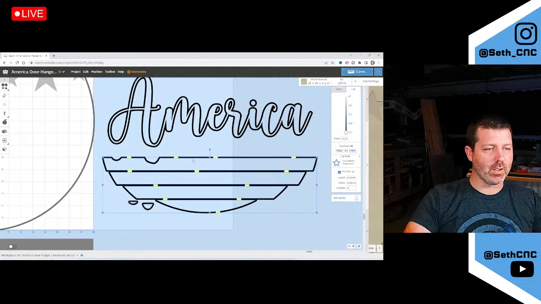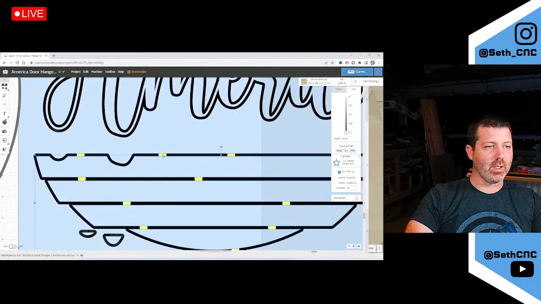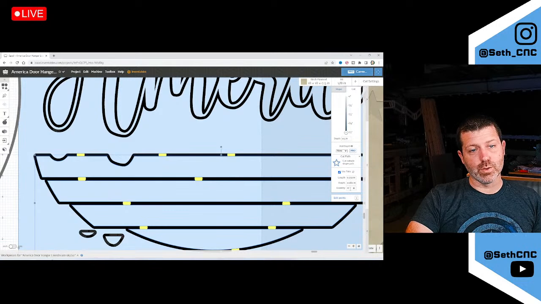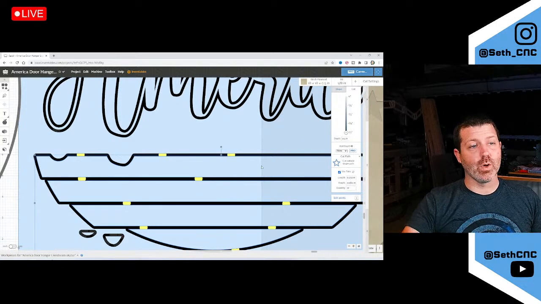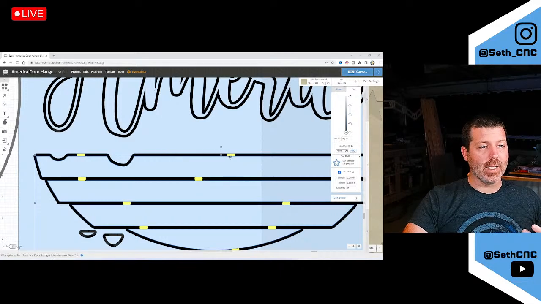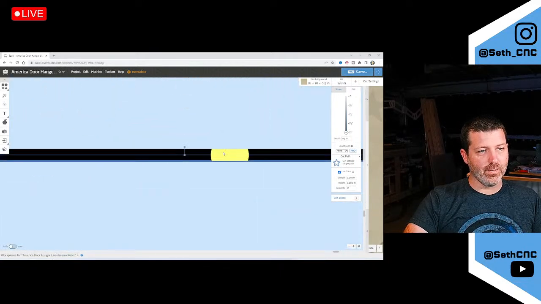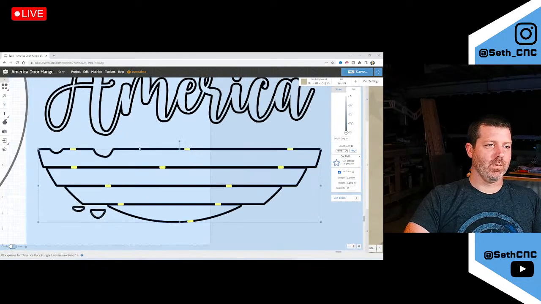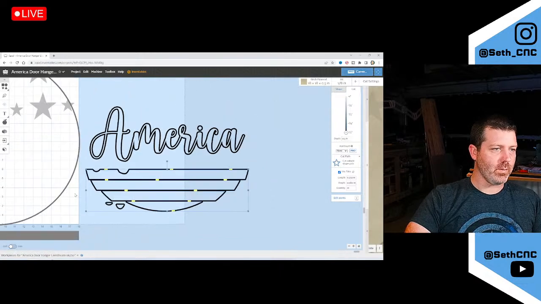And then if you've got areas like this where you've got extra tabs, you can actually get rid of them by either reducing the quantity, but then it kind of randomly picks which one it's going to get rid of. So if you want to choose which one to get rid of, you can just hide it on top of another one that you want to keep. And if you don't get it perfectly aligned, right, then it's going to be a little wider, right? But if you get it pretty close, it's going to be the width of all the rest within a really, really close amount. All right, so those are basically set up to cut